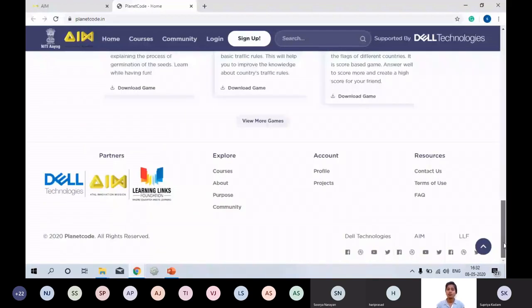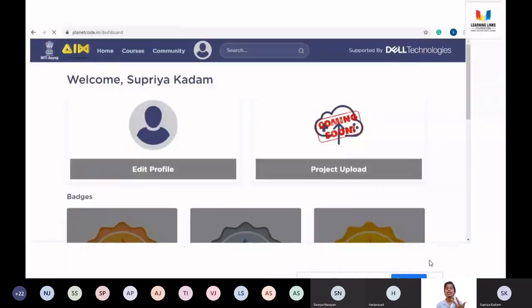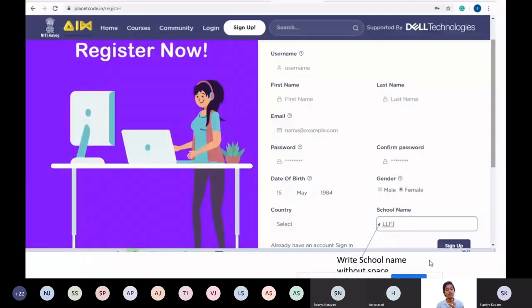You will see the different types of gaming platforms available for you at this portal. This platform offers three different types of programming. One is Scratch. I know most of you are familiar with the word Scratch, or you might have already designed a few. The second is Construct. I think a few people who have done the homework know it. If you don't know it, well and good, so know it. The first one is Scratch, the second is Construct, and the third is Unity. These three are the platforms offered by Planet Code.